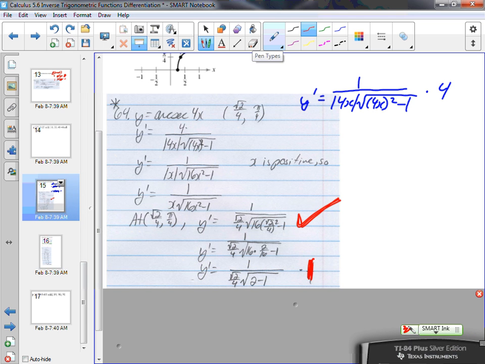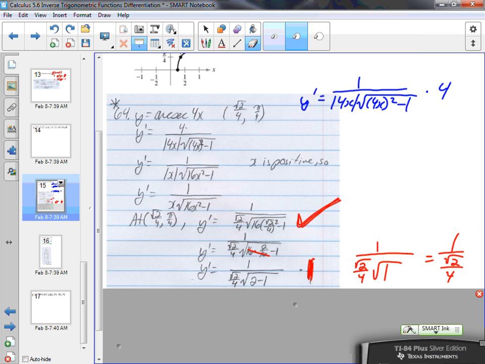So I've still got 1 over the square root of 2 over 4 times the square root of, then the 16s divide out, leaving me with 2 minus 1 underneath there. Okay? So I've got 1 over the square root of 2 over 4 times the square root of 1, right? So I've got 1 over the square root of 2 fourths,